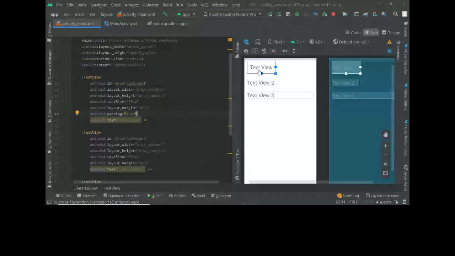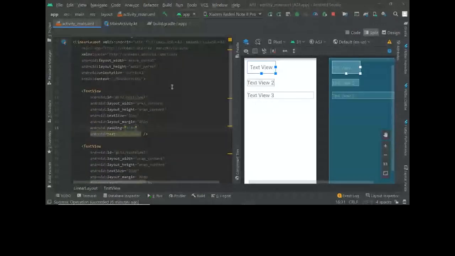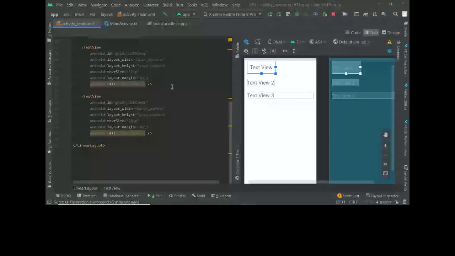Here, padding leaves space inside of its boundary. So inside of the text view, it leaves 16 dp space all over, and then it shows the text. You can add that for others as well, and there also it's going to be the same. So that is layouts.